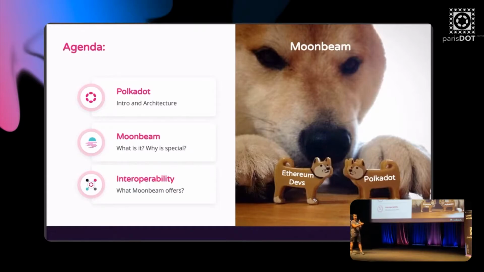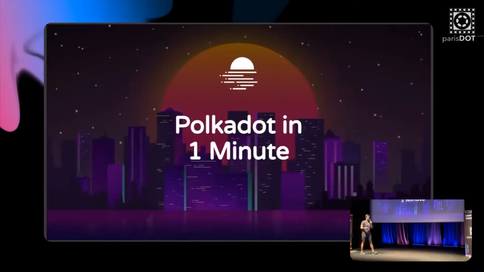So I really like this meme at the right-hand side, because it explains in a very simple image what Moonbeam does, right? One of the main ideas of Moonbeam is to bring Ethereum developers closer to Polkadot. But what is Polkadot, right? I will only use 1 minute of the presentation to explain Polkadot, but it's important to set the precedent